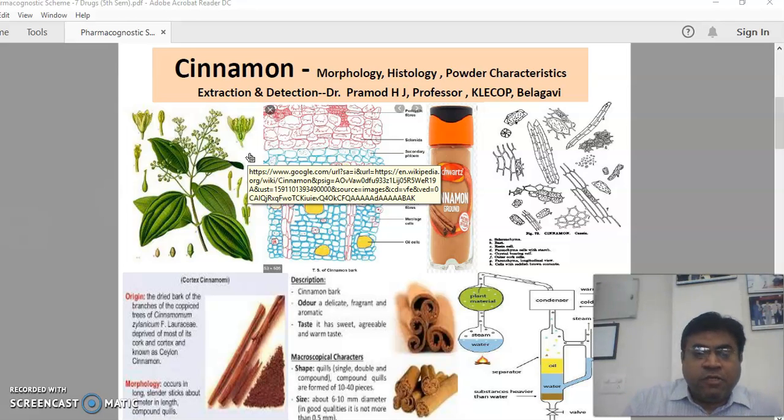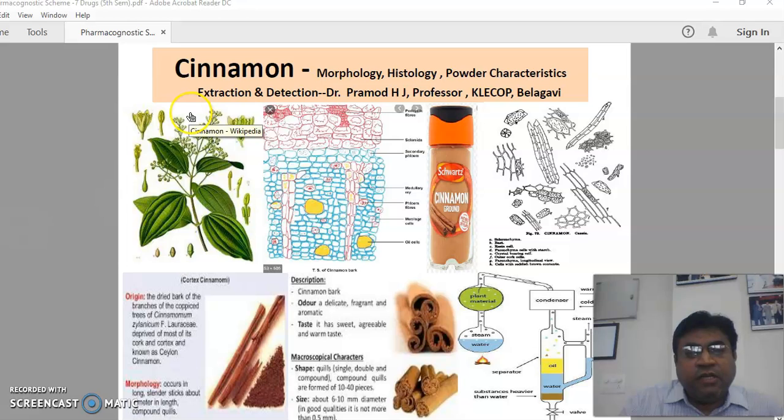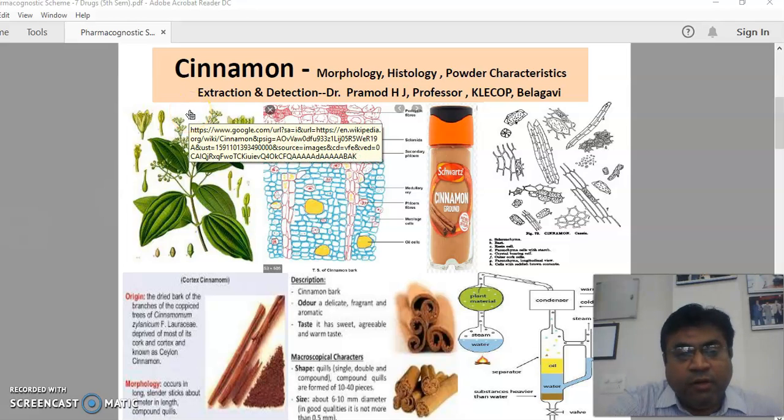agents. So coming to its uses, not only is it used as a flavoring agent, but it is also used to mask the taste of various pharmaceutical preparations, either syrups, or suspensions for pediatric doses, or lozenges or mouth freshening agents, or cough syrups, especially Ayurvedic formulations, which consist of one ingredient as cinnamon, Cinnamomum zeylanicum, which is very important as an ingredient, as a flavoring agent, as well as a soothing agent also.